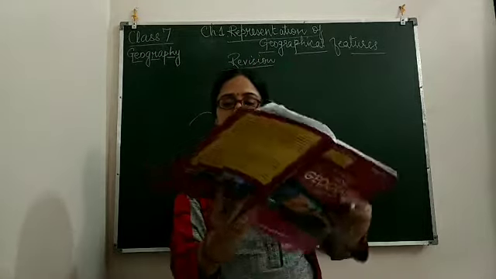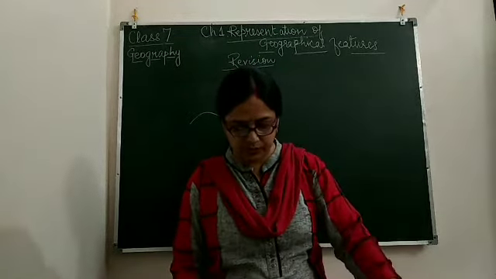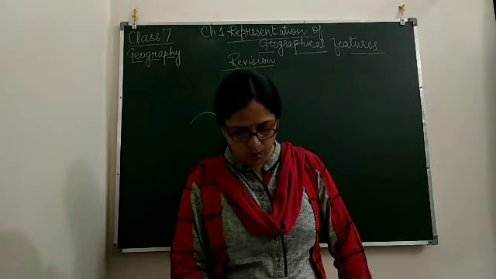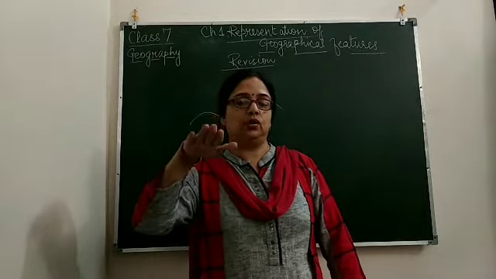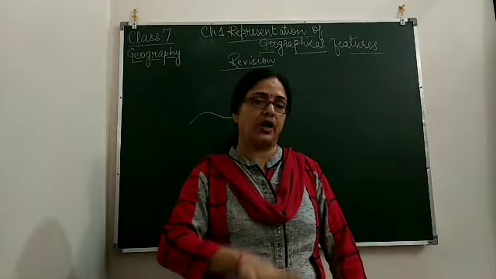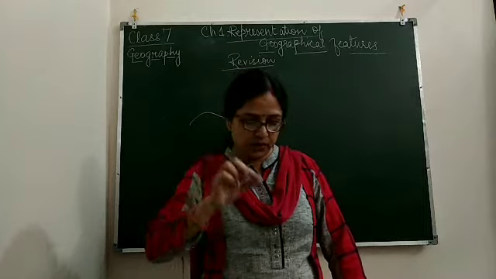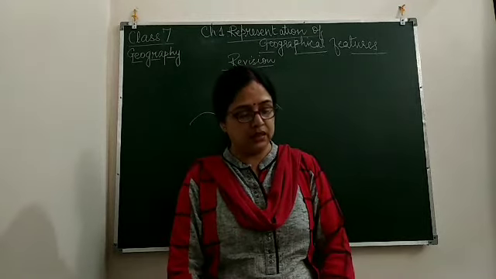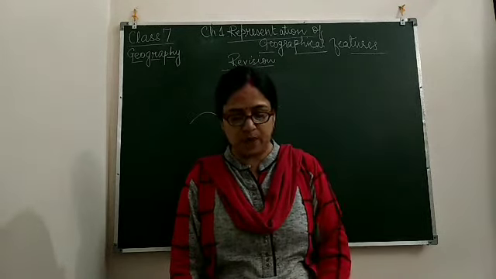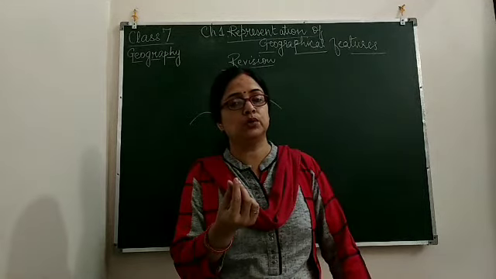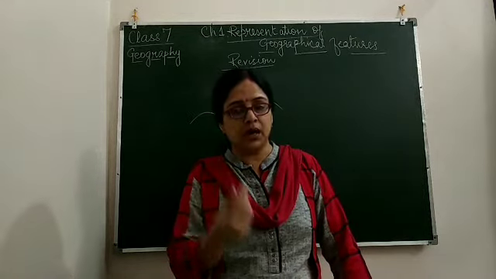Here in this map, it is showing the physical map of Africa, and it shows the altitude of a place, the height of a place from sea level. So different colors are used. In each map you will find that some symbols are used, some colors are there,